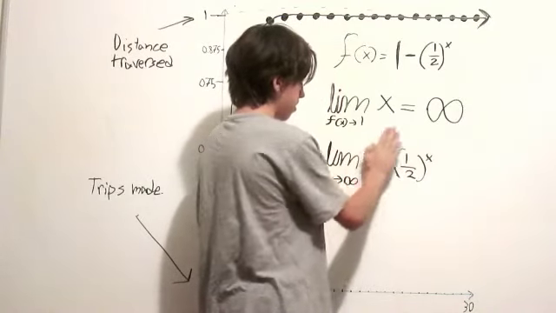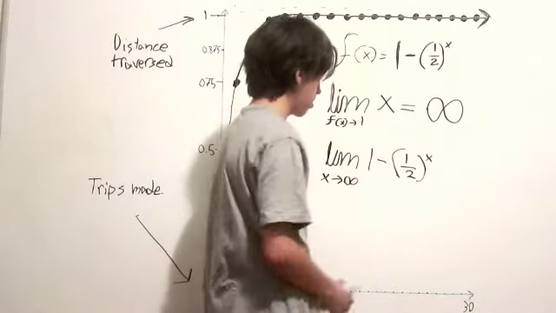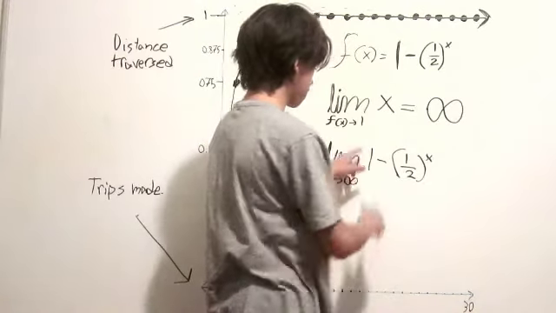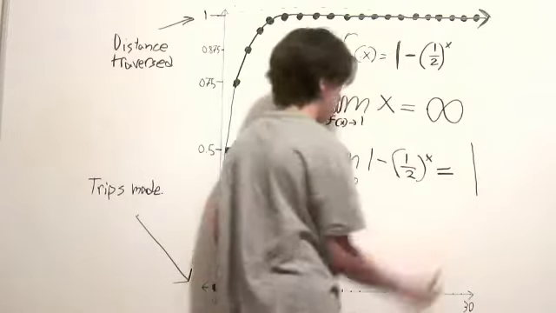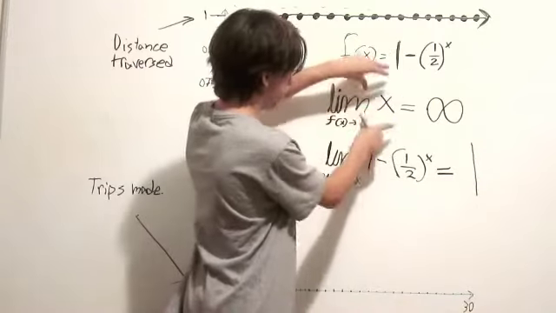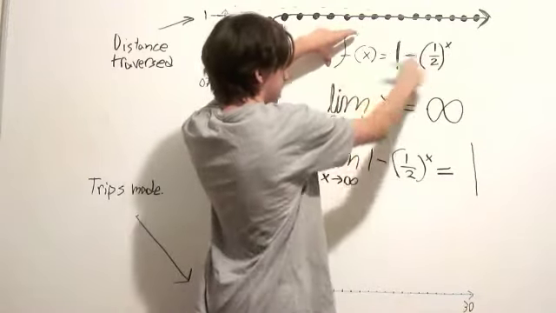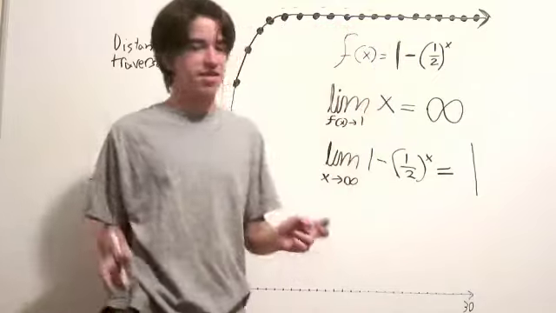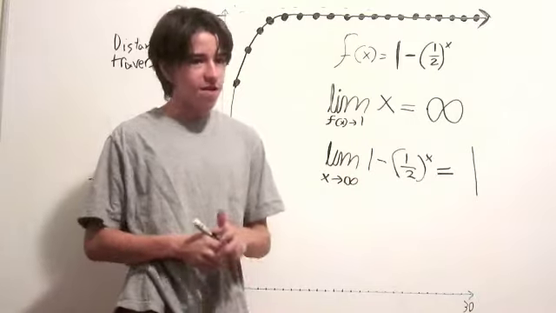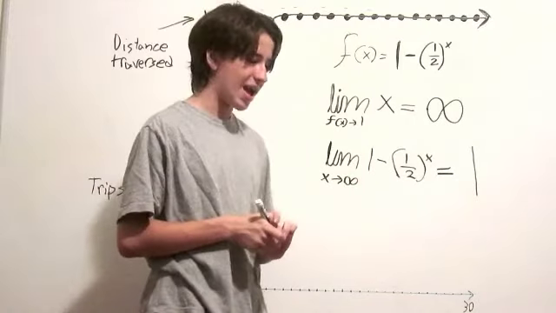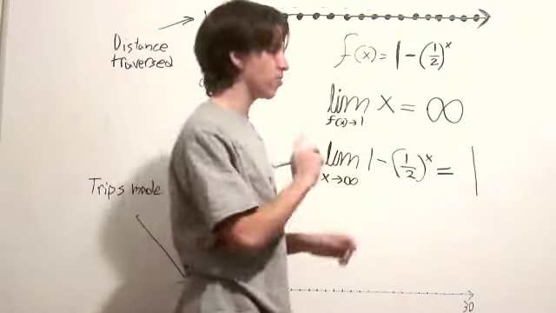And then we get the distance traversed is equal to 1, right? 1. This is our f of x. Our limit of f of x as x gets to infinity is 1. We've basically gone the distance after infinity. But this is an infinite number of trips, and it's still not quite the whole distance, is it?